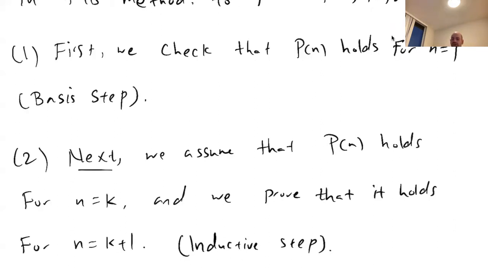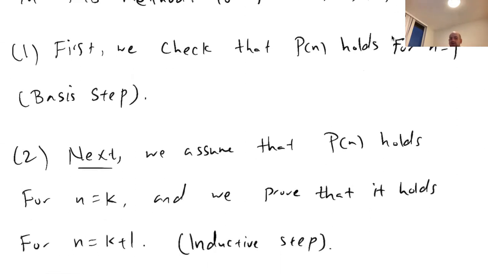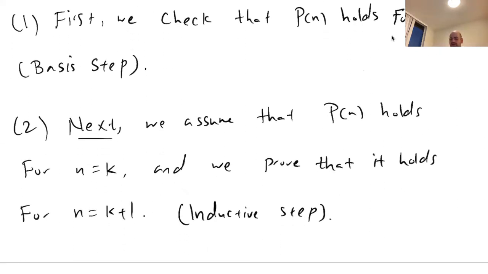Let's see why. So first of all, we check that P of n holds for n equals 1, so we just check it separately. But we want to show that P of n holds for every natural number n. So far, we just checked that it holds for n equals 1. What about n equals 2? Now, once we prove the second step, which is called the inductive step, which says that if P of n holds for n equals k, then it will hold for n equals k plus 1. Once we complete this step,